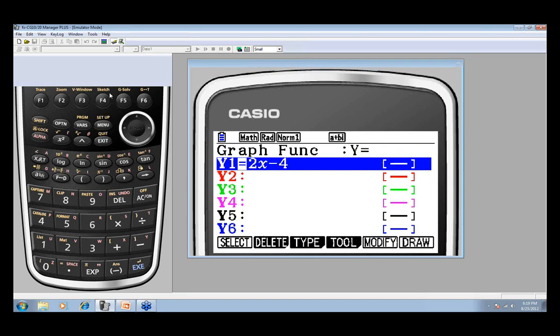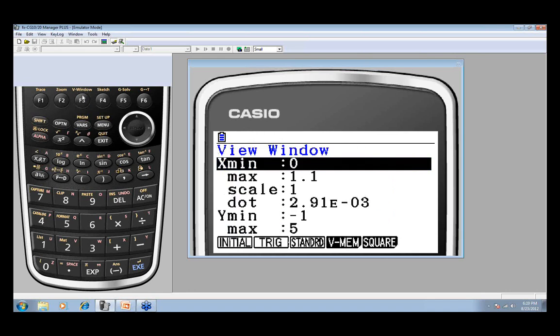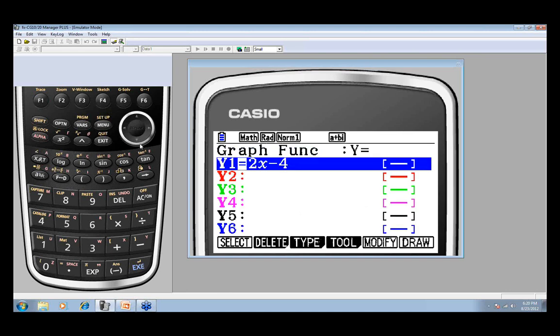And we can adjust our view. Let's adjust the view window before we actually produce the graph. And that's one of the neat features on the Casio, is that the view windows are real easy to set. If you want just a nice, clear view window, press F1 so that your view window is set to a screen that'll make the graph appear real square. And we're going to press Exit now to take us back to that screen.